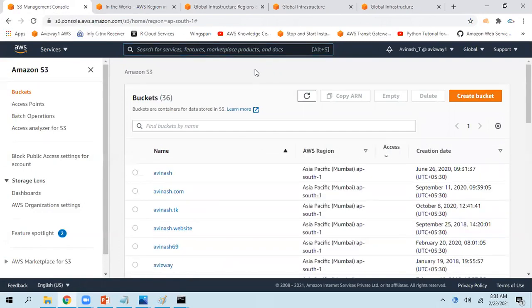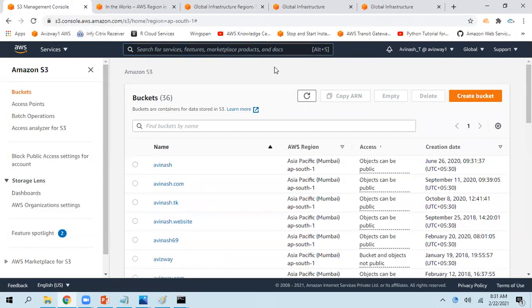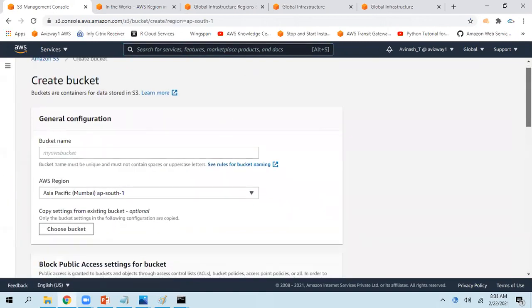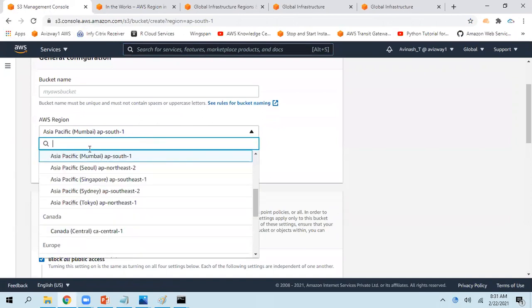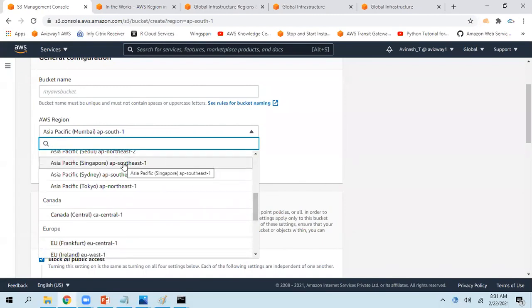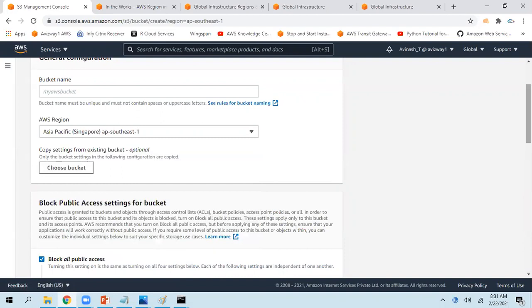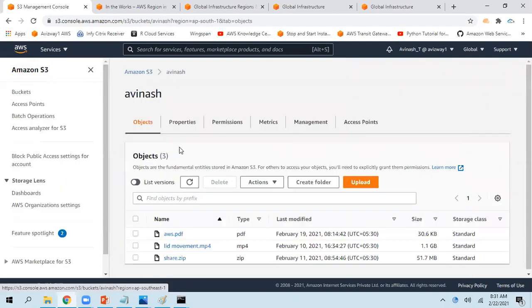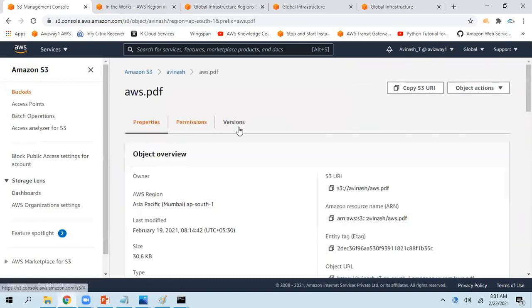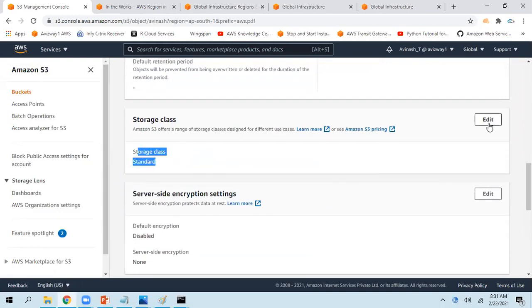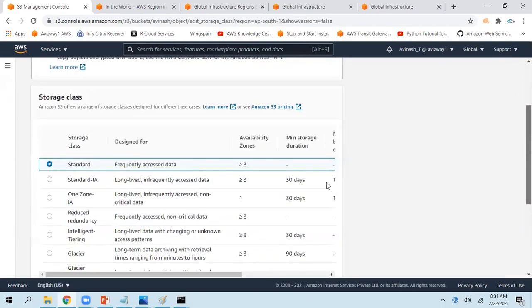Let's consider Hyderabad, Mumbai location. Exactly. If you are sitting in Hyderabad and you want to place all your data, then choose the Mumbai region. If you are in Singapore and you want to quickly execute queries, you can place all your data in the Singapore region. If you're worrying about data high availability, we do have some options based on the storage classes. See here, where exactly your data